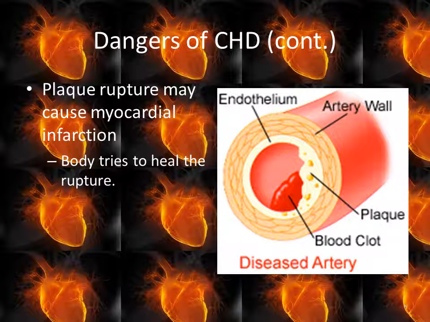After the symptoms have been seen and ischemia has occurred, there is a possibility for the diseased part of the artery where the plaque is built up to break off some of the plaque. When this happens, the body will try and fix it as if it were a cut. This can cause further blockage of the artery, which can then cause myocardial infarction, which is a heart attack.